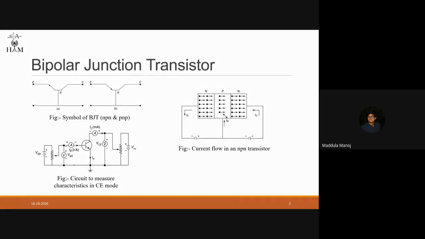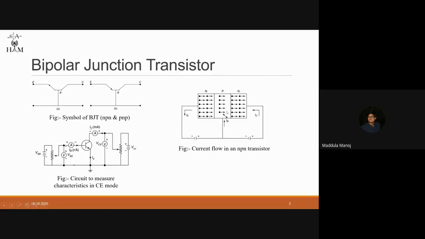Yeah. So we are discussing the BJT transistor. BJT is similar to a diode, but it has two junctions, whereas a diode has one junction. What is the function of a BJT? Whenever we bias, suppose we take an NPN transistor, we bias one junction in forward bias mode and one junction in reverse bias mode. Then